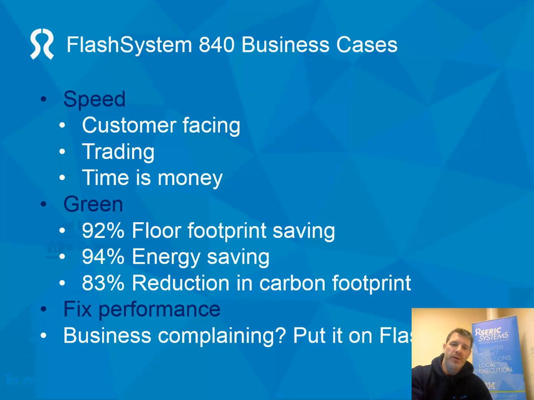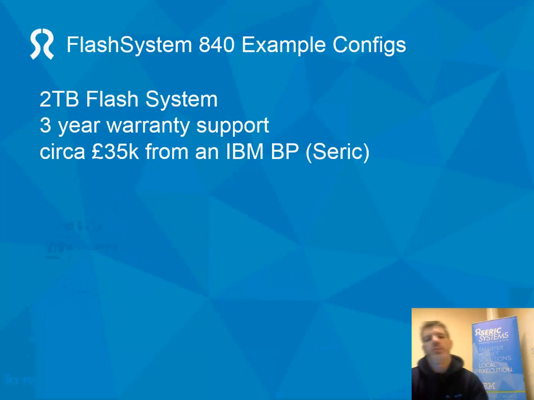So I'm going to take a wee look at some configs here. The list price will probably scare you, but a good business partner should be getting you 60% plus off. So a realistic sort of value for a 2 terabyte flash system with 3-year warranty support is around about £35,000. That might seem a little bit high for 2 terabytes, but it's 2 terabytes of really fast stuff. Remember that, okay? And the price and the savings look a lot better when you start putting it in with